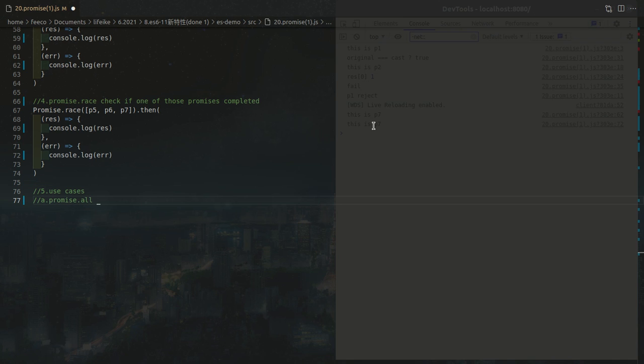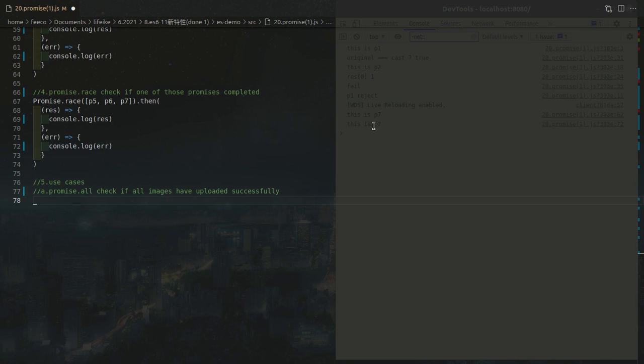Imagine there is a scenario where promise.all checks if all images have been uploaded successfully. So imagine there is an image array